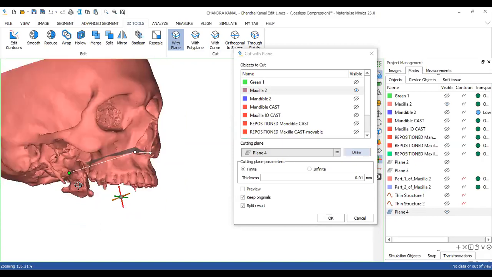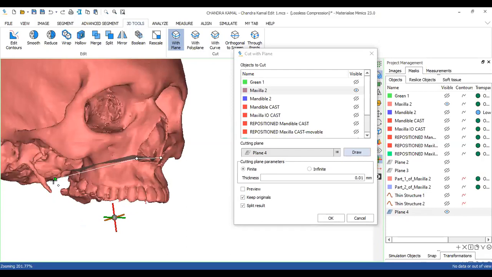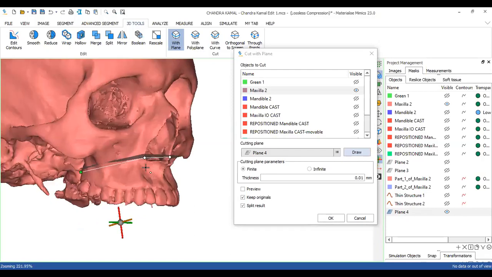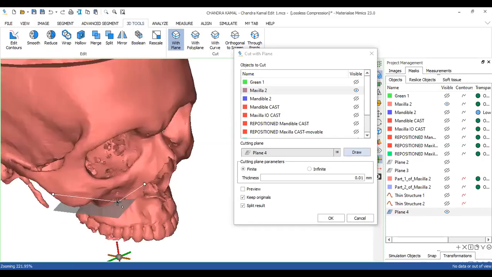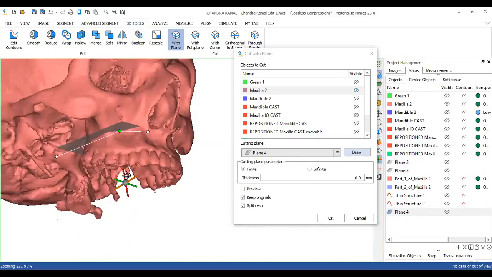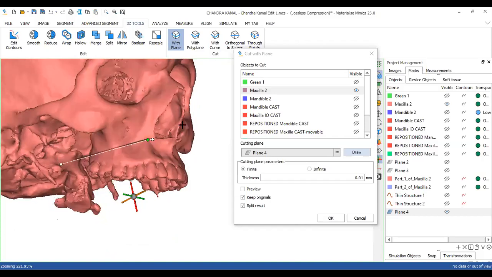Now suppose I want to increase the length or change the position. What I can do is use these points. I go onto that point and select it. Once I select it, the point turns green, and then I can move it anywhere in the region and accordingly plan the cut. Again, you can see I'm changing it. I can extend. So basically you can change your cut section. This is what your plane option does.